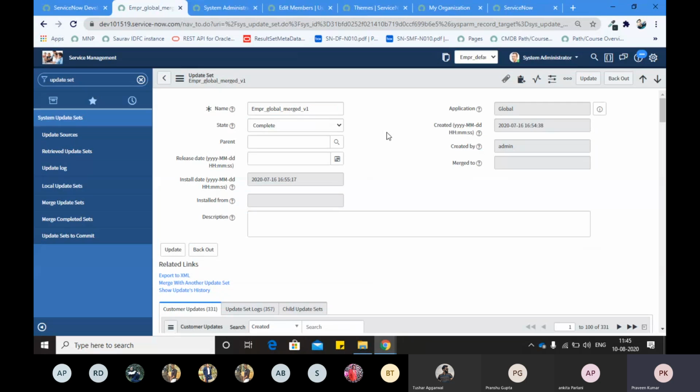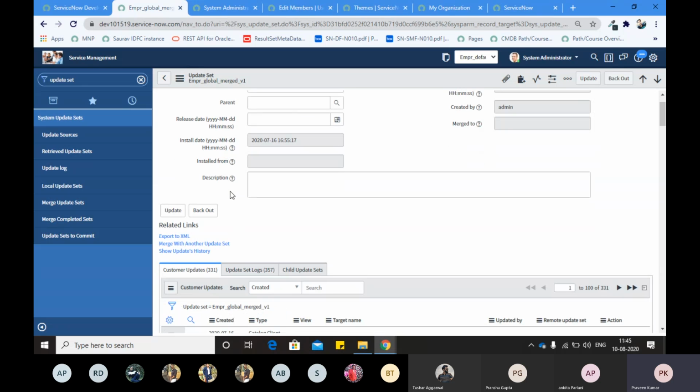Now there is one bigger question: what kind of data is actually captured in an update set, and what kind of data is not captured in an update set? That is your question, guys. I will not ask you today. After three or four days, when you start your development, then I will ask you what kind of stuff we can capture in an update set, and what the best practices regarding update sets are, right? And how we migrate that update set, I will show you in tomorrow's or the day after tomorrow's session, right?